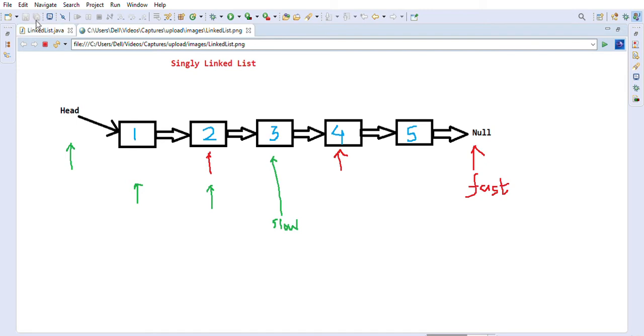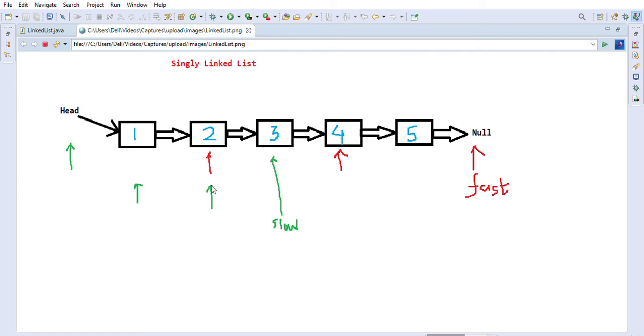This is how the linked list will look, and head is pointing to 1. To find the middle of the linked list, we will take two pointers. The slow pointer is shown in green color, and red color shows the fast pointer. In the beginning both will be pointing to head. Then the slow pointer moves one distance, and the fast pointer moves two distance. So fast is now here, shown in red. Again, the slow pointer moves from 1 to 2, and the fast pointer moves from 2 to 4 because it is going two distance. So it is at 4.